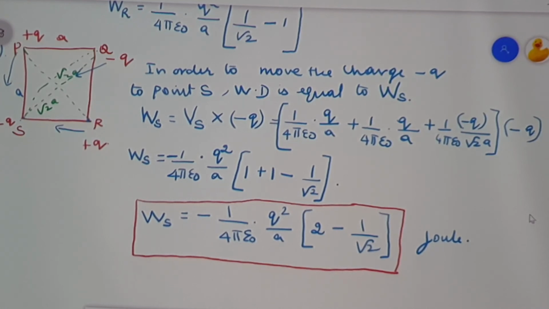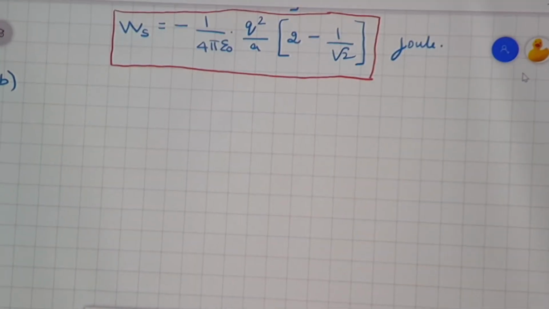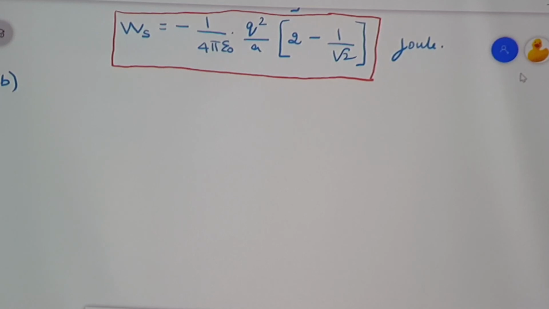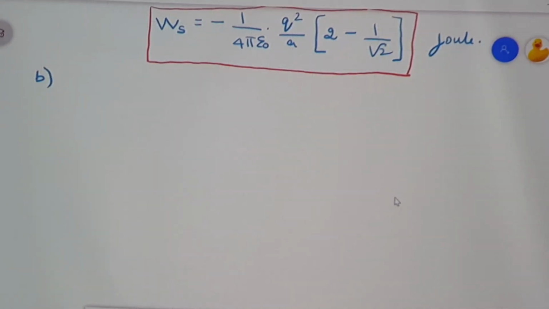What is the second option asked? See, I will be asking you just to look at the problem. The second option is B. They have given it as B. See, what is the second option? I am drawing the diagram again and I am explaining. What does the second one mean? They are having the charge at the four corners. So the four corners are considered to be P, Q, R, S. Okay. This is P, this is Q, this is R, and this is S.